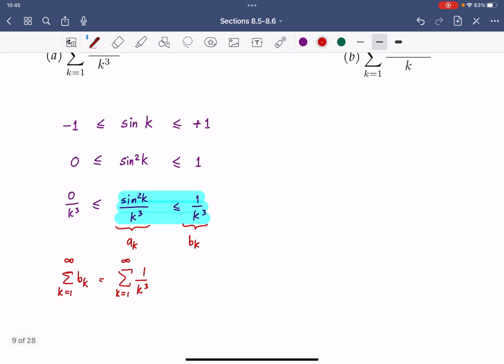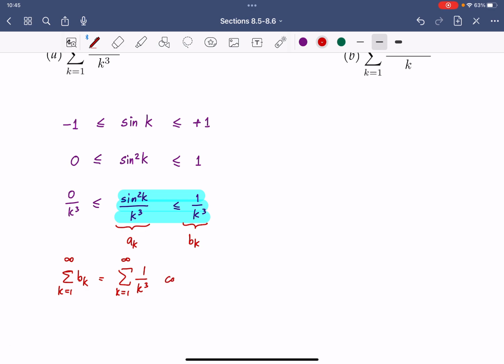This series is actually convergent, right? Because this is a P series with P equal to 3, bigger than 1. So that means this is actually convergent. What you discover here is you found that a sub k is less than b sub k, and you know that summation b sub k is also convergent, which means by the comparison test,